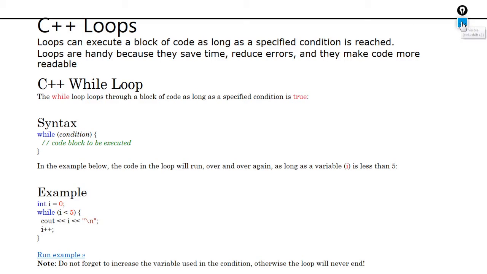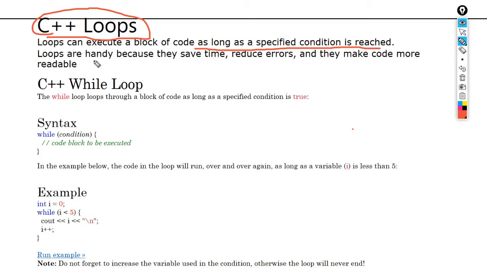Now next comes looping. Whenever there are some statements or operations that are to be executed again and again depending on some condition, when repetition is to be done in a program, then we need loops in our programming language. Here you can see a loop can execute a block of code as long as the specified condition is true. When that condition becomes false, the compiler will come out of the loop.